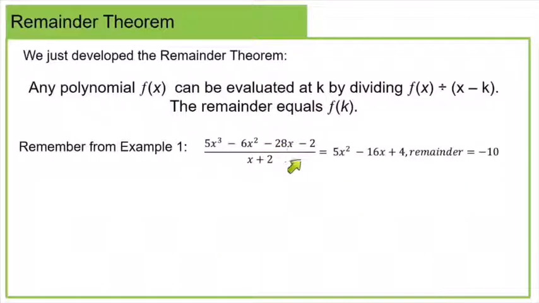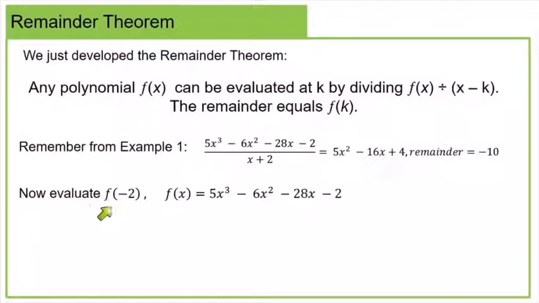So remember back from example 1, this was the problem that we worked, and we found out that the quotient was 5x squared minus 16x plus 4 with a remainder of negative 10. Remember that? Well, now, just as a test, let's evaluate f of negative 2. So we'll do it the old-fashioned way. We're going to plug negative 2 in here. I just want you to see that the result we will get is equal to the remainder we got from